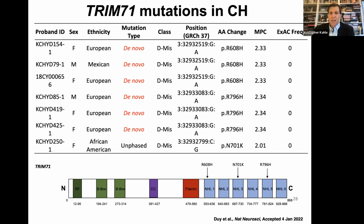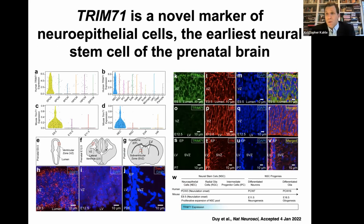Nothing like that. In fact, all the genes that have been highly implicated in congenital hydrocephalus appear to be very important regulators of early neural stem cell development in the germinal matrix, or neuroepithelium in the case of TRIM71. So TRIM71 is through functional studies. Zwi's paper, just about a month ago, was accepted in Nature Neuroscience. We're just beginning to learn the functional consequences of some of these mutations in vivo. But TRIM71 happens to be now a novel marker of neuroepithelial cells. It's one of the earliest markers of this very early neural stem cell population of the prenatal brain that lines the